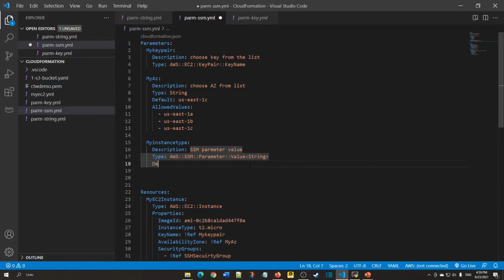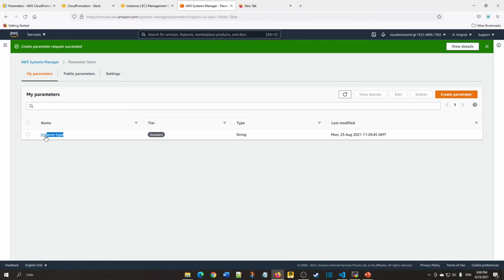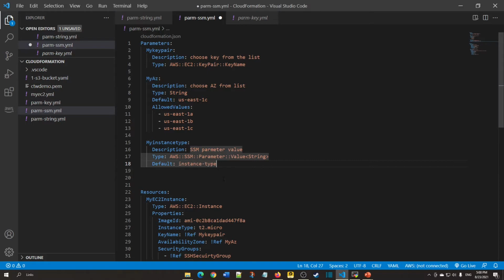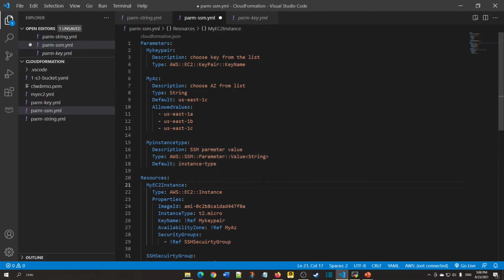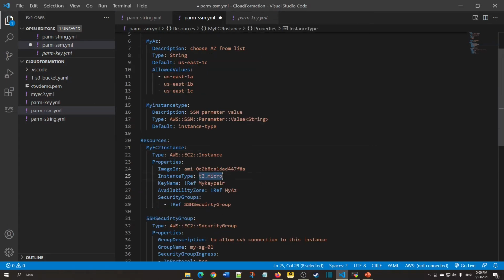So we can give default. When we are trying to make use of different values, this will be useful. I'm giving default and just giving this name. Once you give all this, you can refer to that logical ID in our instance type.